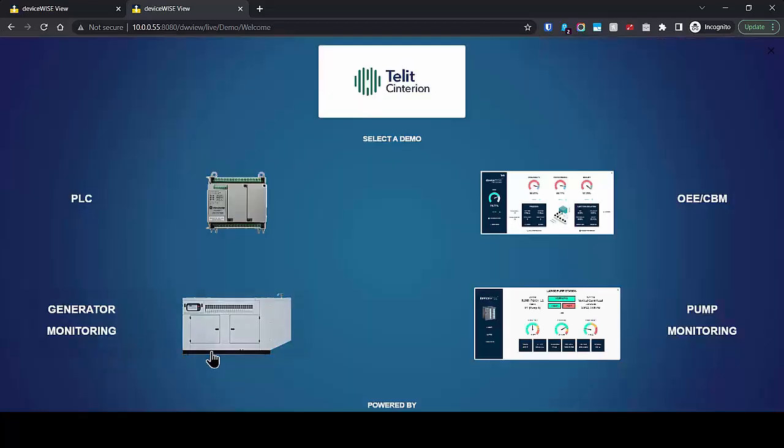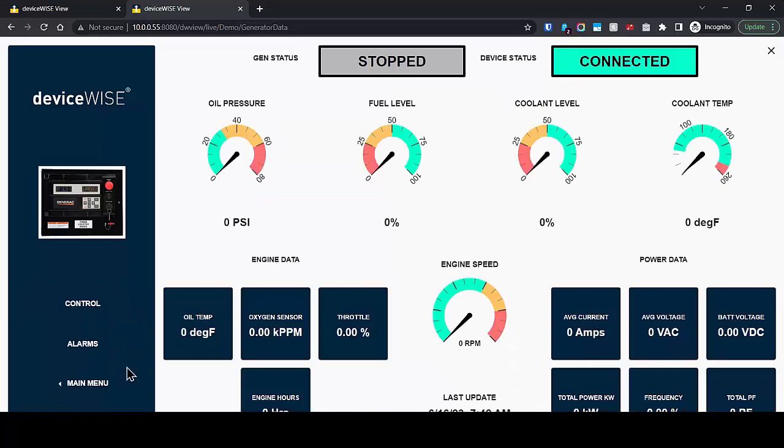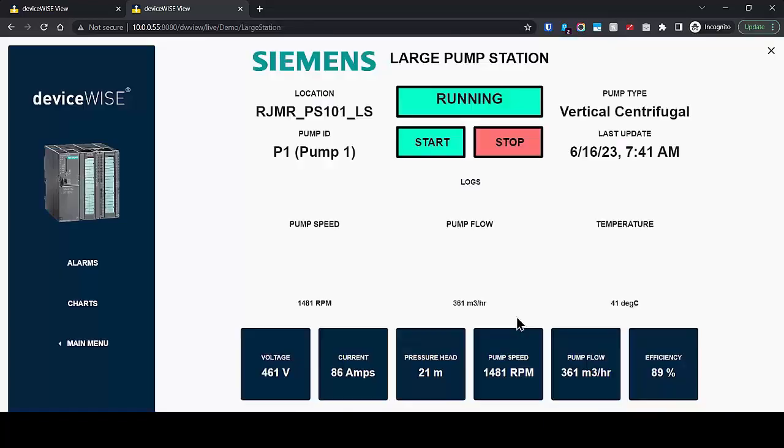I can jump in and show you how to do a generator monitoring. DeviceWise is not just limited to one environment or another. You can have it in many different regards. You can see, visualize, control environments, or create an entire front end to an existing application. You can see all the live data as it's coming off the system. You can jump in to see things like